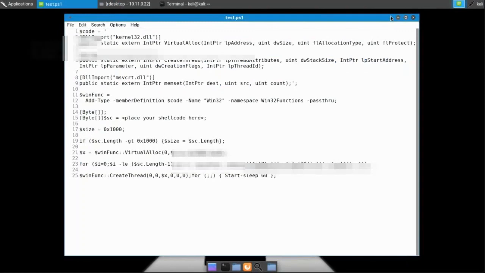This is a basic template script that performs in-memory injection. The script starts by importing VirtualAlloc and CreateThread from kernel32.dll, as well as memset from msvcrt.dll. These functions will allow us to allocate memory, create an execution thread, and write arbitrary data to the allocated memory,